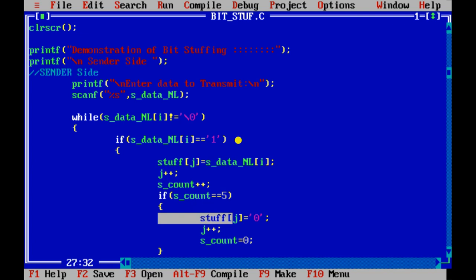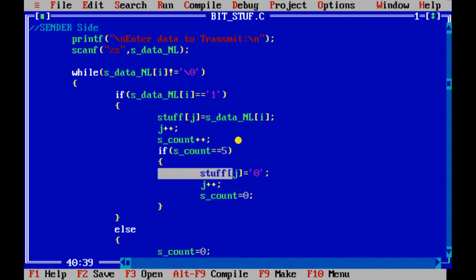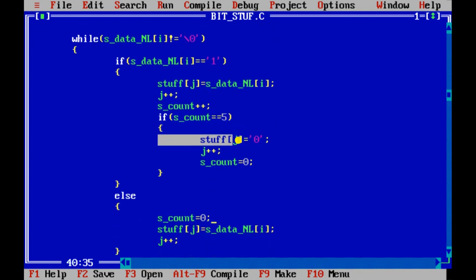Once you do this, make the counter 0 again. If you see five continuous ones and put this 0 here, the counter is reinitialized to 0 so that you can start counting ones again. This is in case of 1. But if it is not 1, then make sure that your counter is 0.